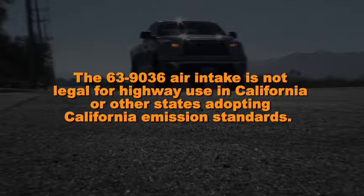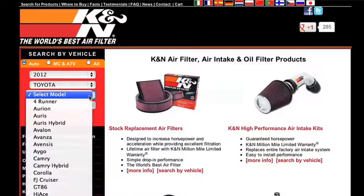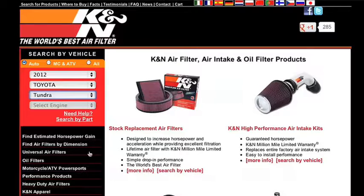The 63-9036 air intake is not legal for highway use in California or other states adopting California emission standards. Check knfilters.com for an up-to-date list of models this air intake fits and for a list of other CARB adoption